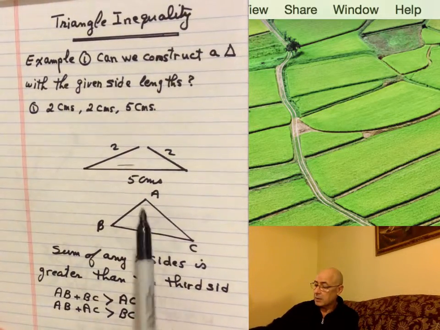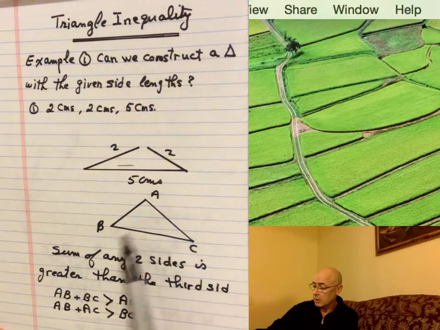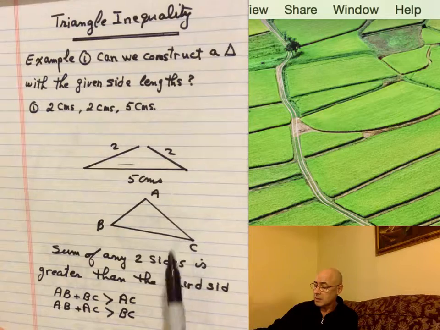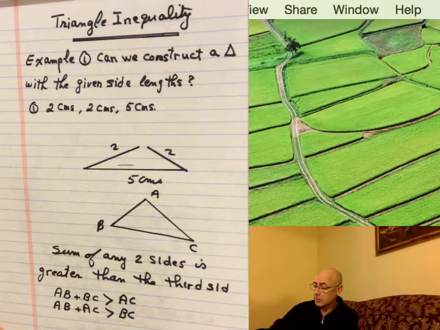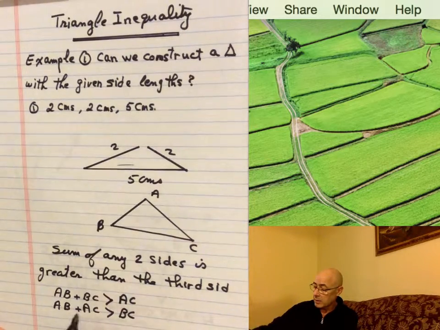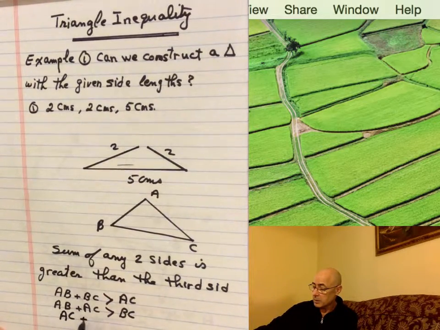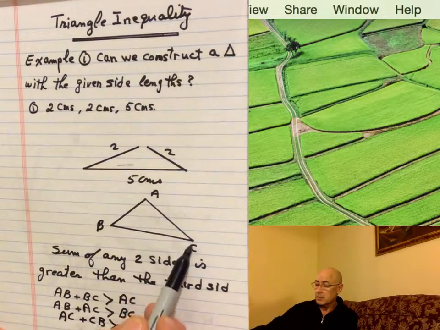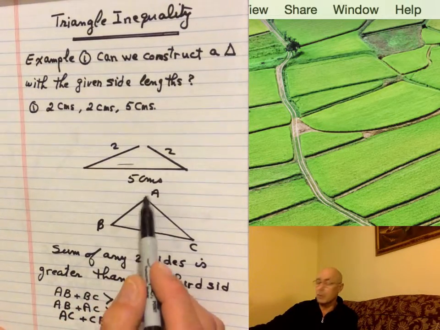One time I added AB and BC, one time AB and AC. I can also write the third inequality using AC and CB. So AC plus CB should be greater than the third side,